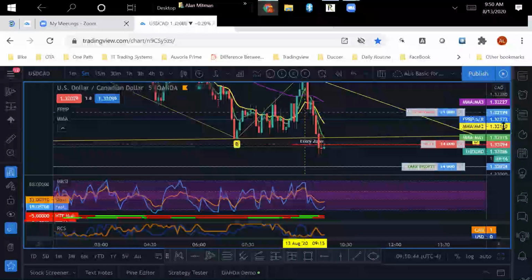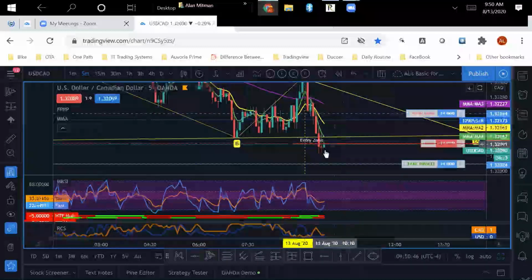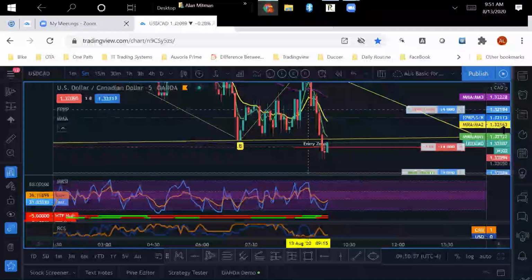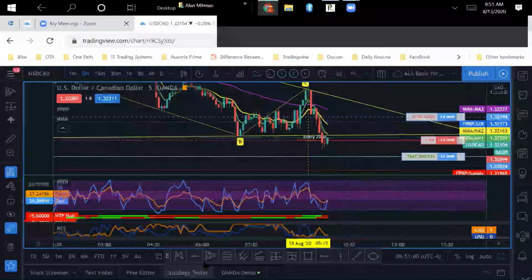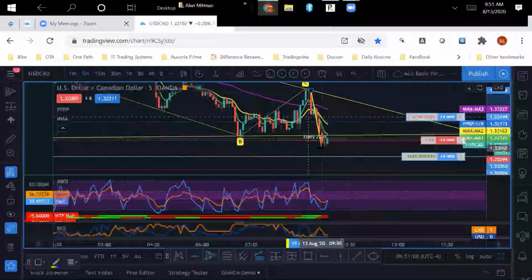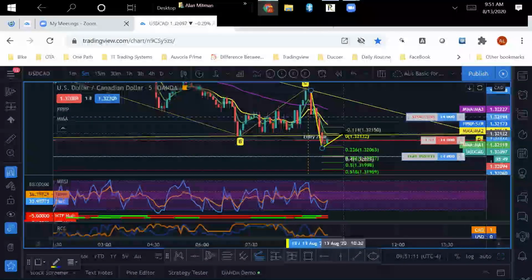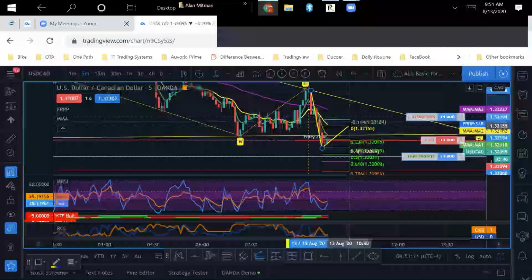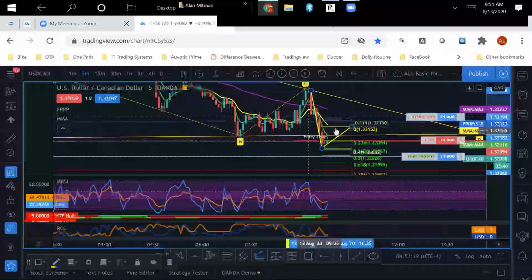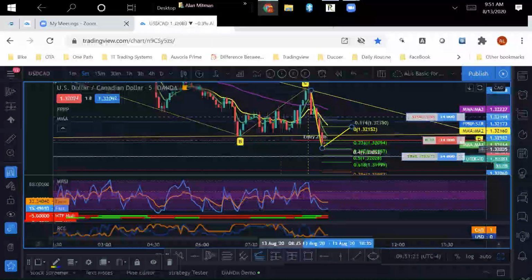This could be a nice little trade here. You have a nice strong move down, getting a little bit of a flag pattern, a little bit of a pullback, see if it comes back up and retests the top of the wedge. But this is where I use this little tool right down here, where I go from the top to the bottom, pull it back up to the 38%. There's a 40%. And if it respects this wedge and breaks out the bottom, we could be looking here for